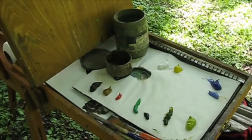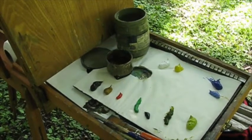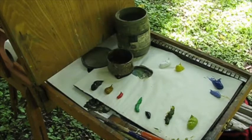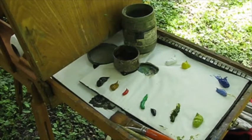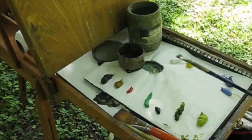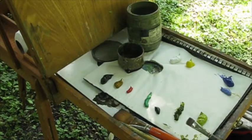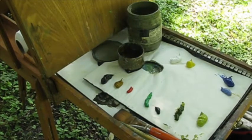Okay, so I've got my canvas out and broke out my paints, and I'm working with a disposable palette because it's much easier for cleanup. And so the basic colors I have on my palette are cobalt blue, pastel violet, Hansa yellow, radiant white, that's a Gamblin color, cinnabar green, this is an olive green, this is a Williamsburg, then a little phthalo green,